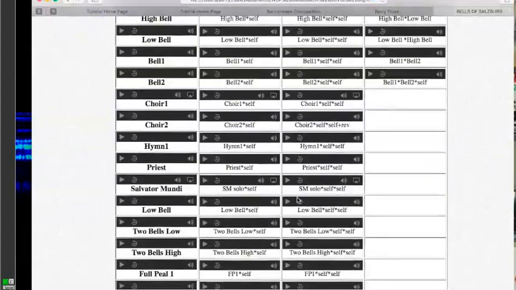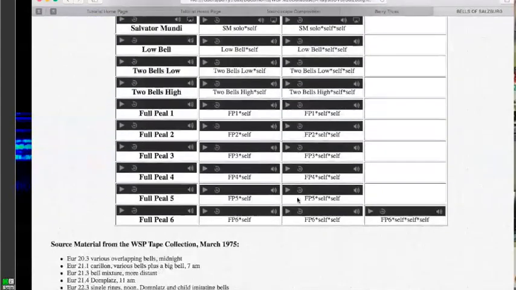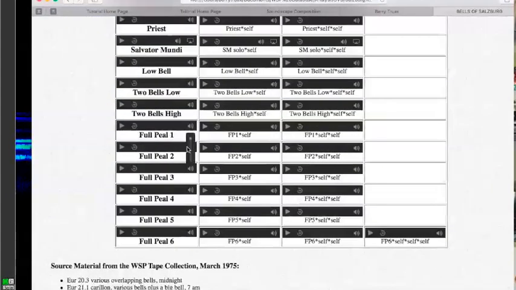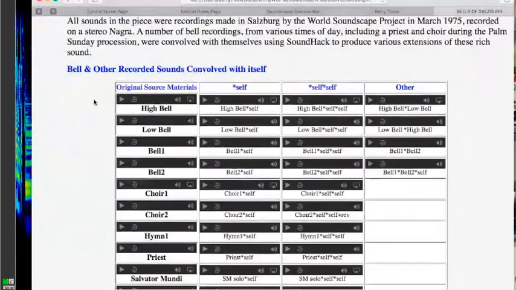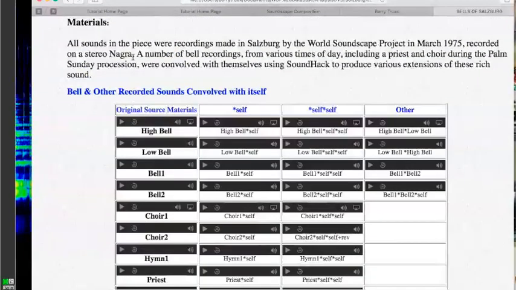So the piece itself, we'll just hear a little bit of it. Of course, the big climax, which really you have to hear in 8 channels, is the full peal where all 7 bells are going. But the processing of it is not just simply this prolonging, but the relationship